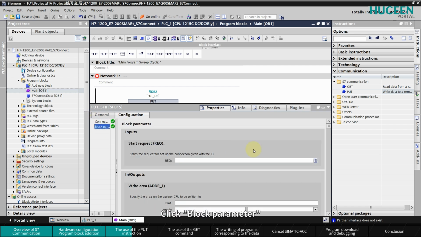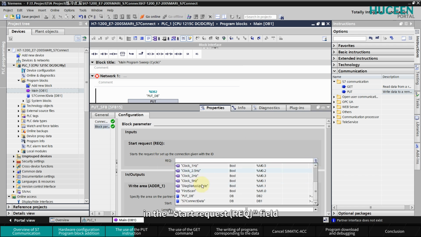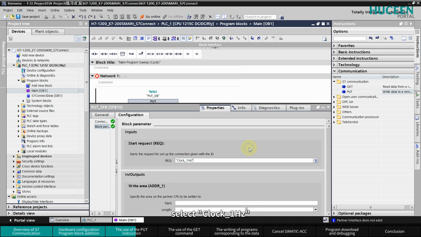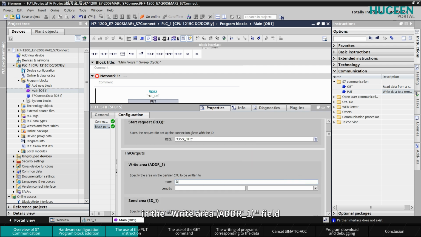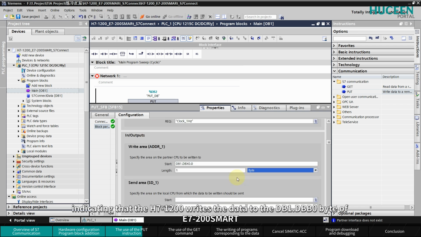Step 3. Configure block parameters. Click Block Parameter. Configure the relevant content of the block parameters. In the Start Request REQ field, select clock_1Hz, indicating that the data is read and written once per second. In the right area ADDR_1 field, select db1.dbx0.0 with a length of 1 and data type of byte,